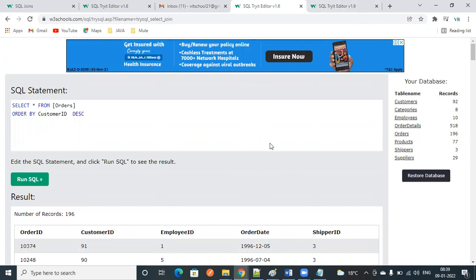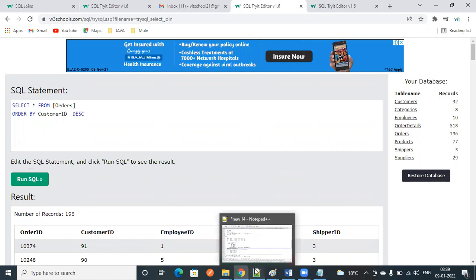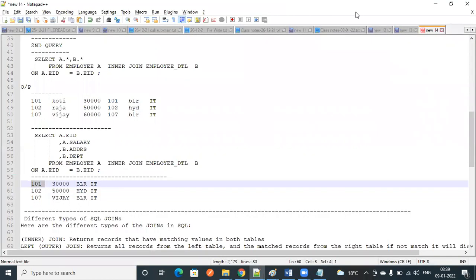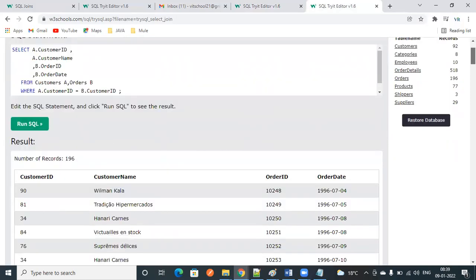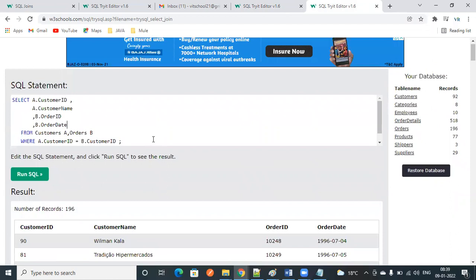So the rule is, whenever the row is matching from both the tables, it will identify it and fetch the same. So first it will go and look for 57 or something. Here also we can do order by this. I will do order by one. What is the one here? Customer name, right? Sorry, customer ID.